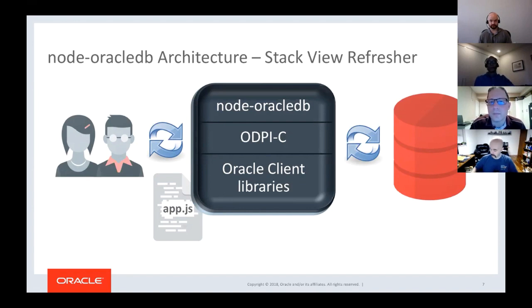Previously, we were using a wrapper called NAN, N-A-N, which is getting more obsolete. So we're swapping over to N-API, which is why we're really going to have to go to a version 4 of node-oracledb, because we're making all these changes and realizing maybe a little bit of instability at the start. So we don't want you to suddenly think, oh, everything's going to be easy if we upgrade to a 3.2. Anthony's been working hard on that layer of code, N-API.